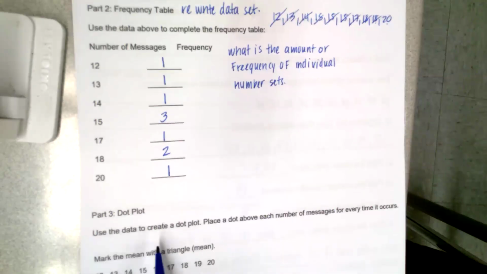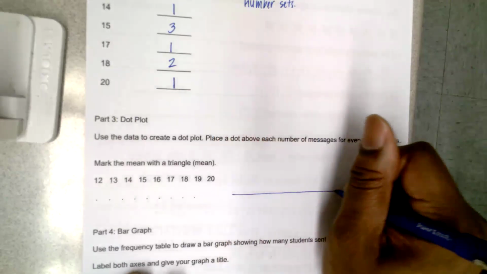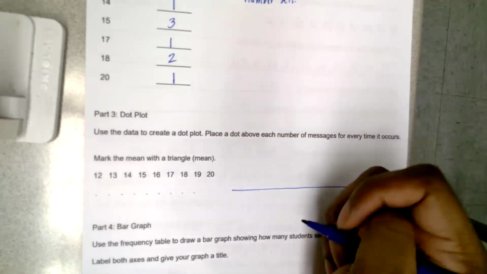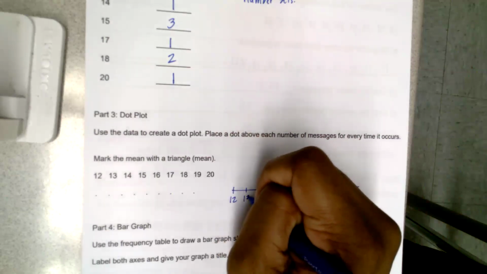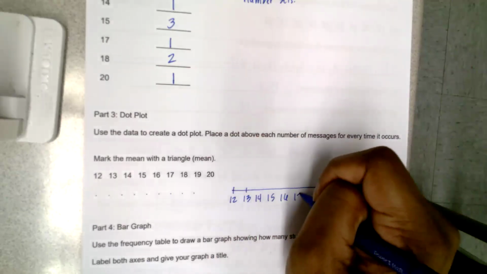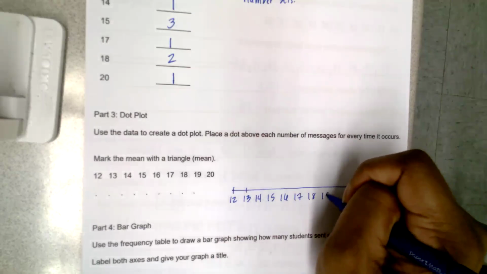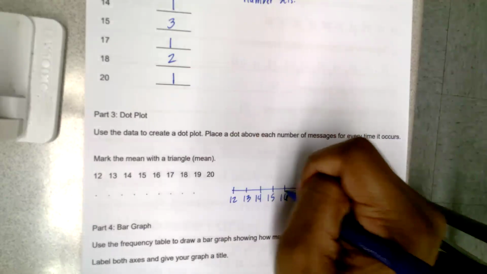So use the data to create a dot plot. Place a dot above each number of messages for every time it occurs. All right, so I'm gonna do a dot plot here. So you want to start with a line, right? And you have 12, so you want to put 12, 13, 14, 15, 16, 17, 18, 19, 20, 21. You didn't have to go to 21, but